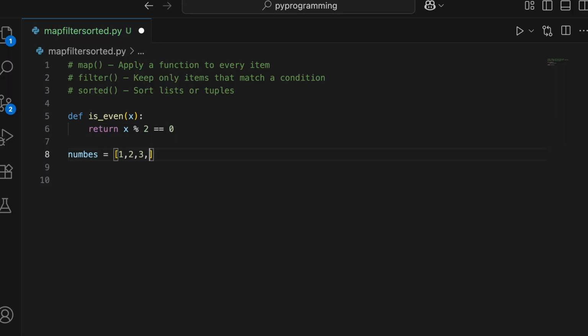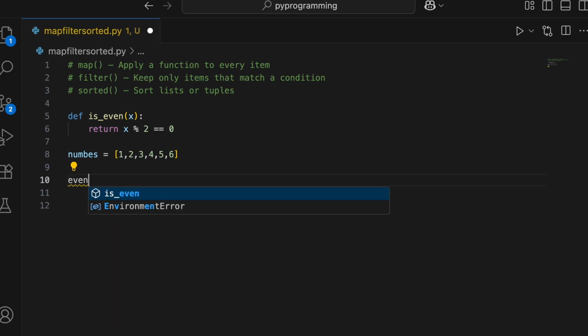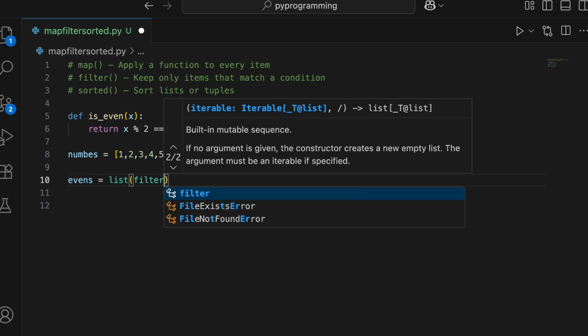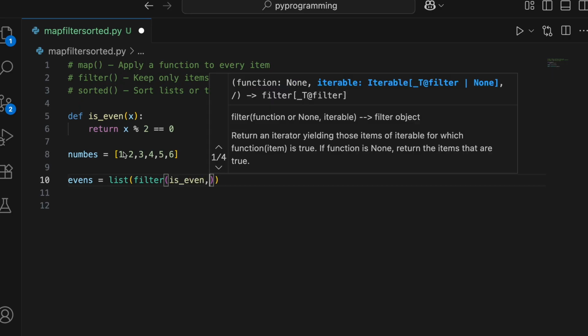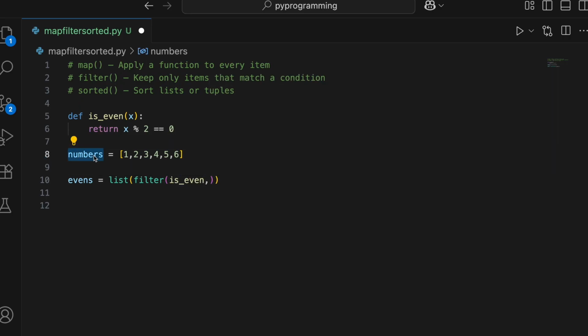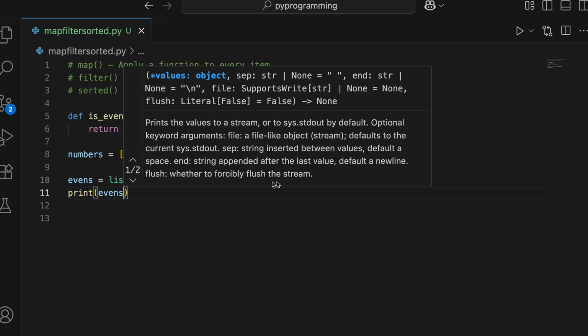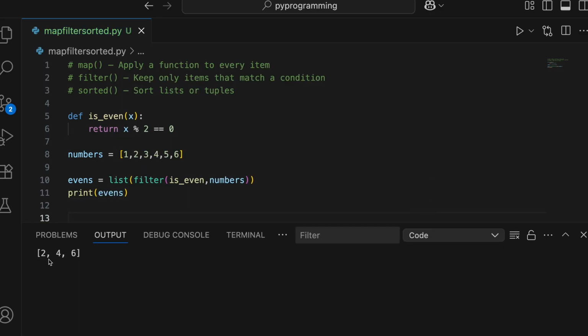Now let's take a list. Let's take a few numbers, 3, 4, 5, 6. Now let's take another variable to store the result. And because we want the result in the form of a list, under list we'll use the filter method, and here also we have to pass two parameters, the function and the list. Now this function will be applied to each and every item of this list. Now let's go ahead and print the result. I'll print evens. Let me save and run this. Now you see we got the result for all the even numbers, 4 and 6. The filter method keeps only items that match a condition. So whatever function you're passing, make sure that function returns either true or false, and then you can pass a list wherever you want to apply that function logic to.